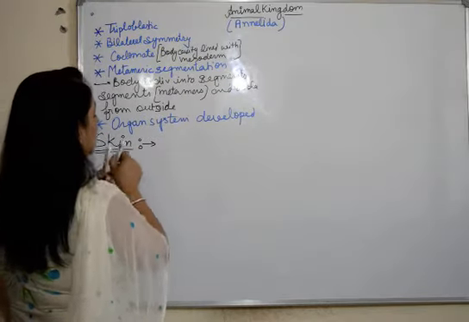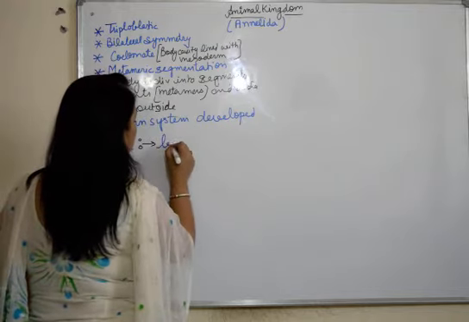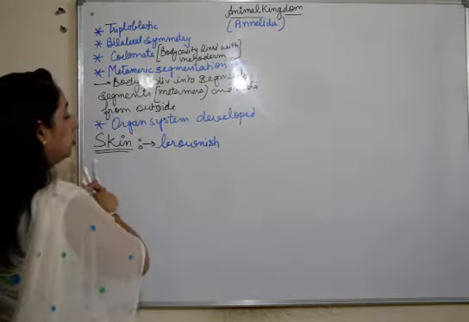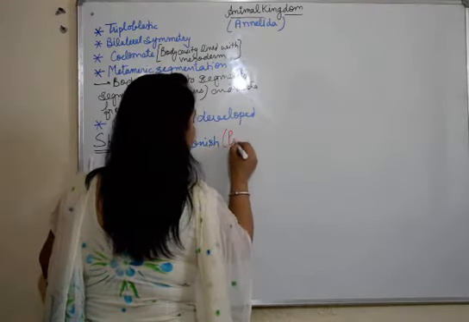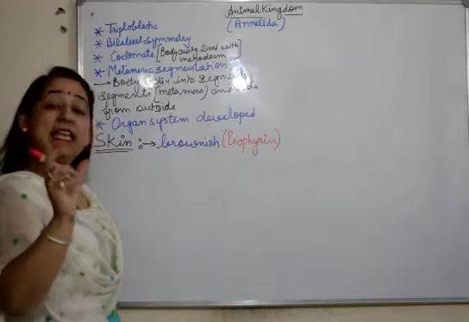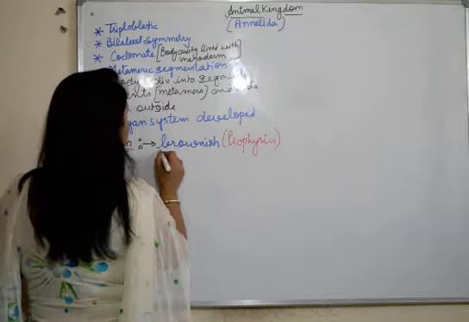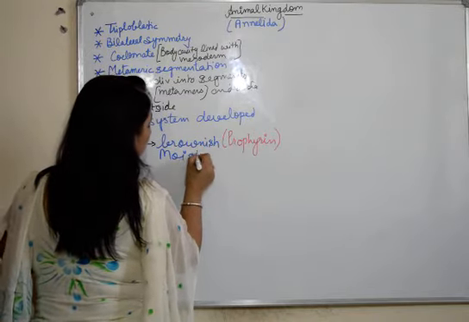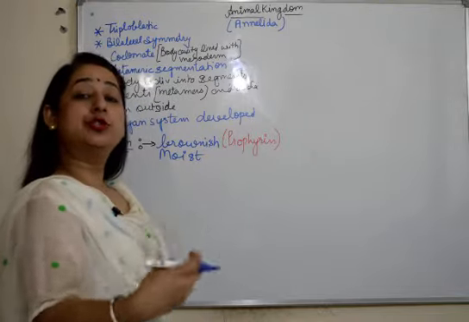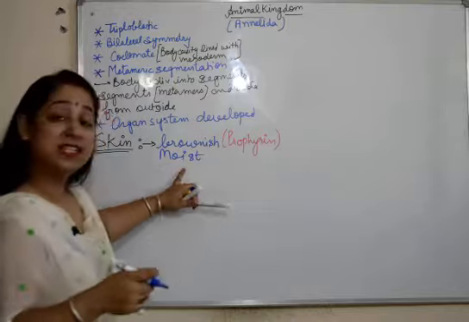The skin is brownish. Now why is it brownish? Due to the presence of porphyrin pigment. The skin has that brownish color, and also the skin is moist because it is going to undergo cutaneous respiration, wherein it takes in oxygen through skin. The skin should be moist. So the skin is brownish in color due to porphyrin, and it's moist.